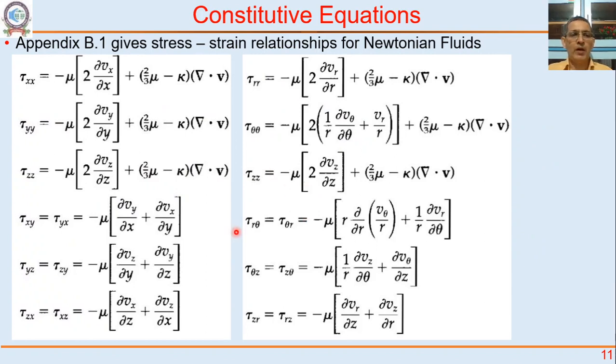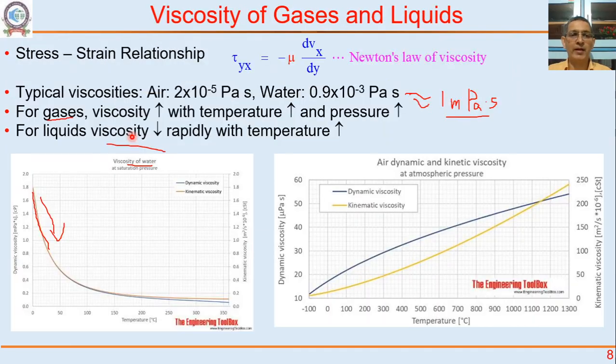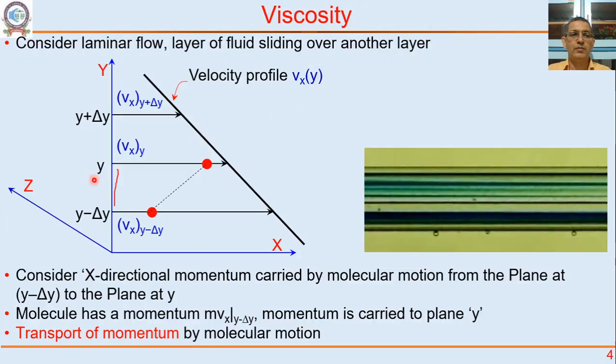Bird, Stewart, Lightfoot's book Transport Phenomena, appendix B1, gives all these stress strain relationships for Newtonian fluids. You can see these are in the Cartesian coordinate system. We have talked about the Cartesian coordinate system only right now. But we could have a cylindrical coordinate system. If you are talking about this pipe, we could have